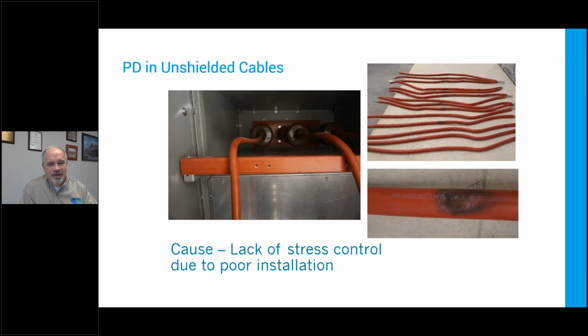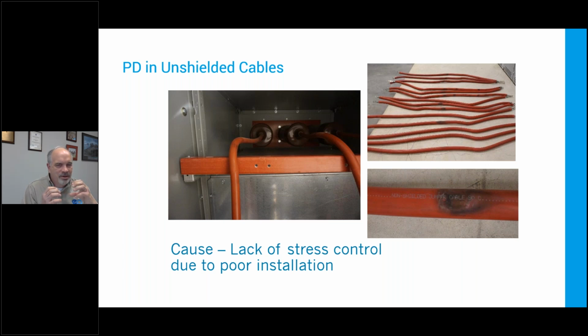Here's one of my favorite examples. A customer put in unshielded 33 kV cables up to a PT compartment. They laid the cables on an insulator, so if you did a high pot test or a Megger test, it would pass. I've got insulator on insulator, I've got 6 inches to my nearest ground point. I'm golden, right? No, you're not. This is where the subtleties of PD are lost on people that haven't been exposed to it. That sharp edge of that insulator resting against that insulation, just like the picture I showed with that inclusion, changed